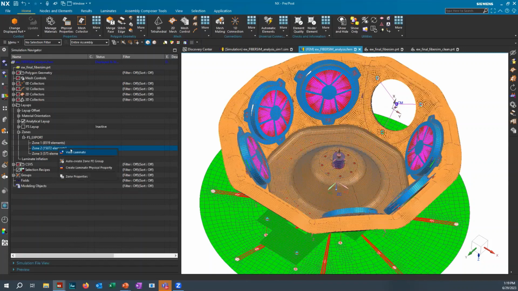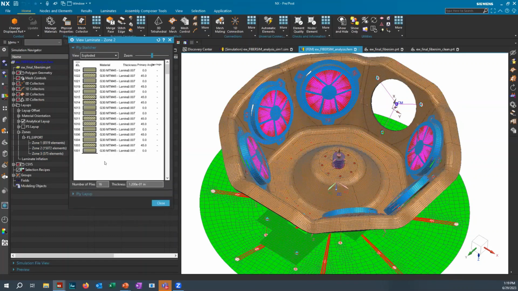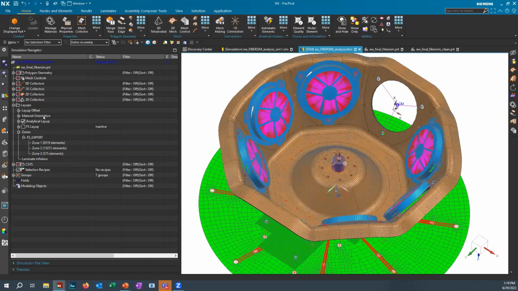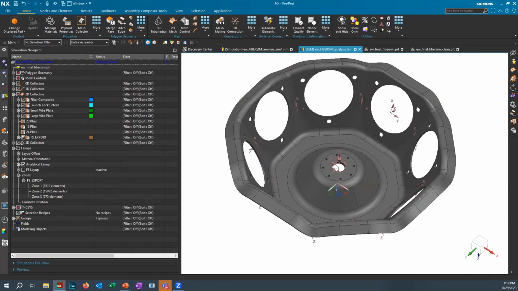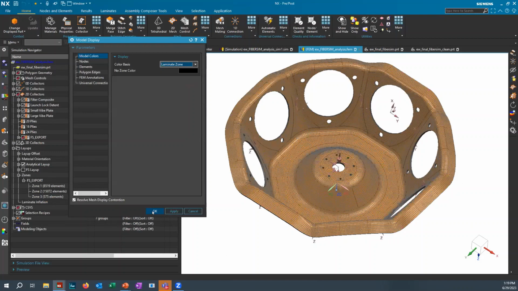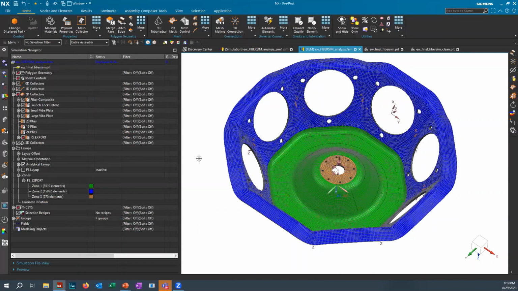And here we have a 16 ply zone. Now, typically, as analysts, if we were going to communicate this via the old methods, we would probably create a picture of different plots. Here we're going to just show the laminate zones and then have little arrows on a PowerPoint pointing this is 16 plies of quasi-ISO, this is 20 plies of quasi-ISO, and this is 24 plies of quasi-ISO. But instead, we're going to actually ensure a better communication path by exporting this data and sending it directly